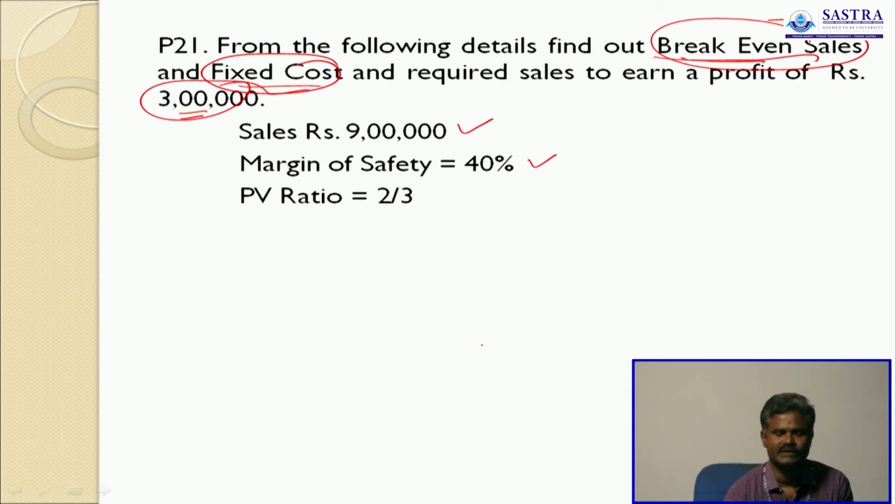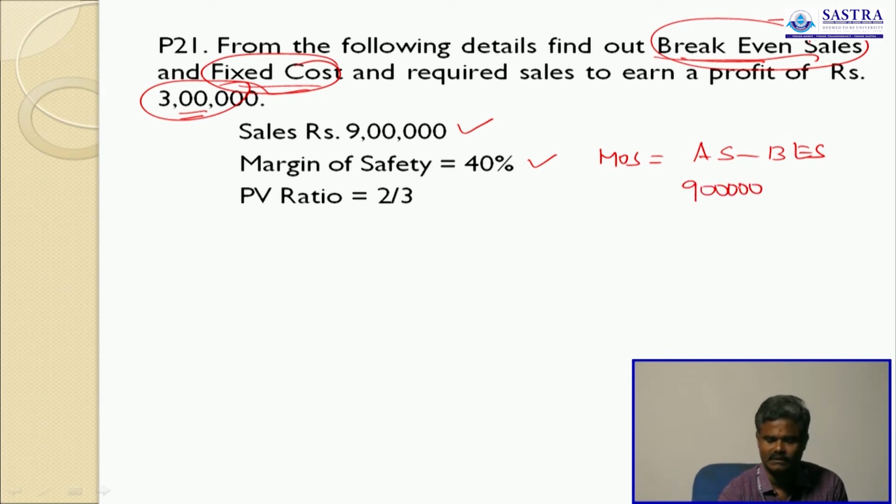What is margin of safety? Margin of safety is equal to actual sales minus break even sales. Actual sales is 9 lakh, simple. Break even sales is X, but margin of safety is 40% on sales. So 40% on sales means 40% on 9 lakh, so 3,60,000,